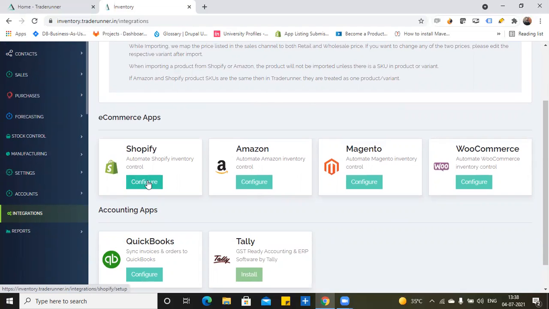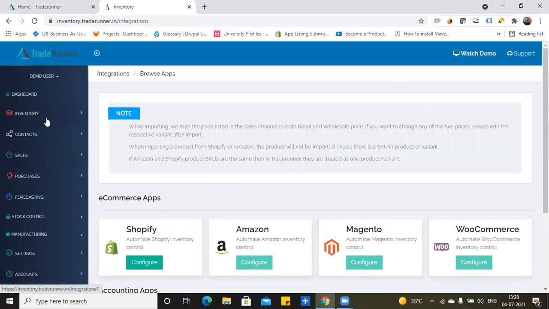It will do an OAuth authentication and import the products and orders from Shopify along with the customer details, and all your initially needed configurations would be set in that case.